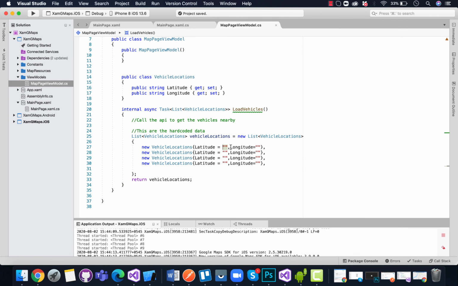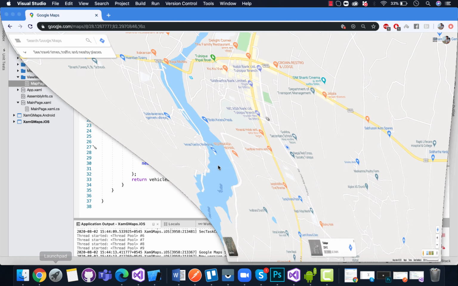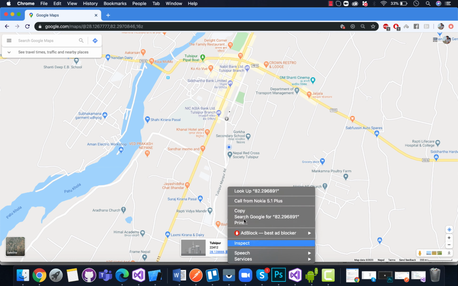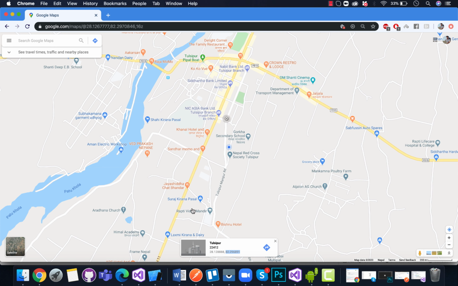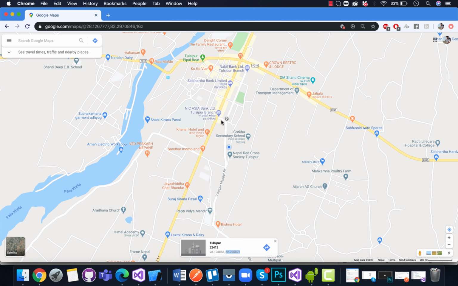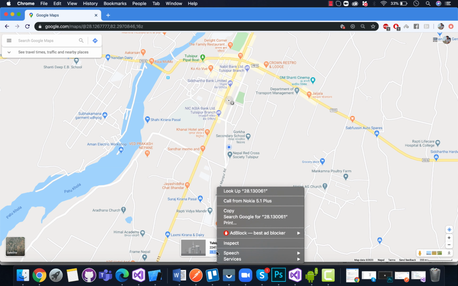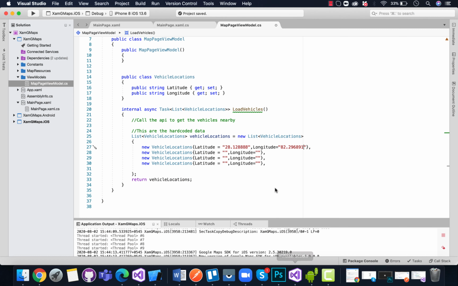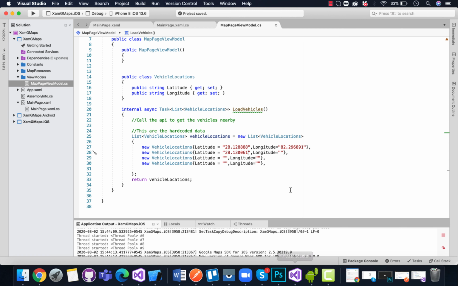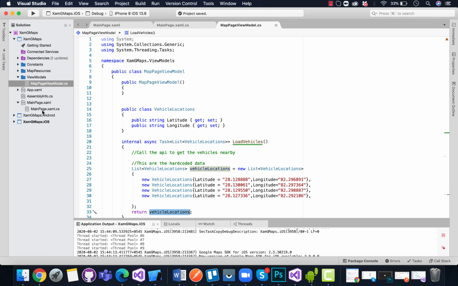Then it will give me at first the latitude. You have to copy it, so you have to copy the longitude too. So clicking on over here, you can copy the longitude. So use the same way to get the latitude and longitude of another vehicle. So let's add a vehicle over here. So I'll take the latitude and the longitude of the vehicle that needs to be put over there. So let's copy the longitude too. So you can just play around with the latitude and longitude and return the vehicle location to the calling method.